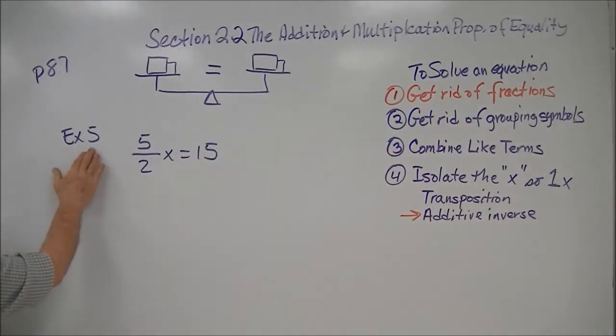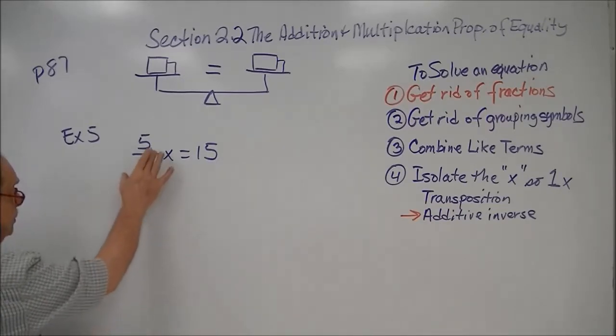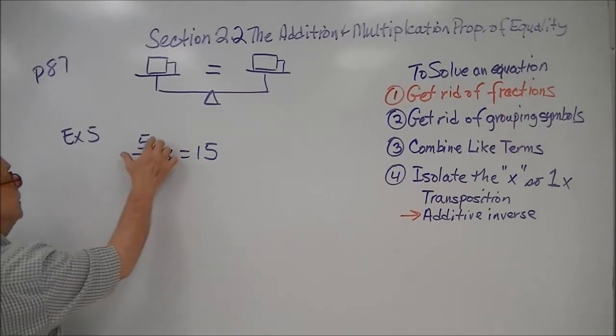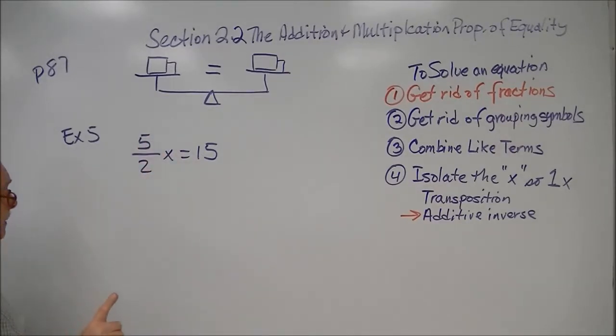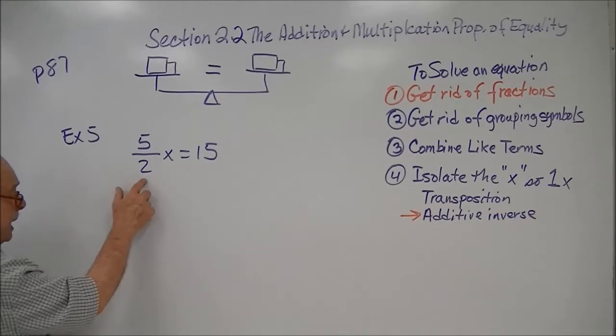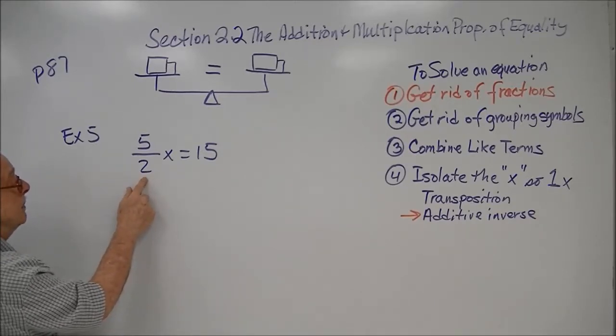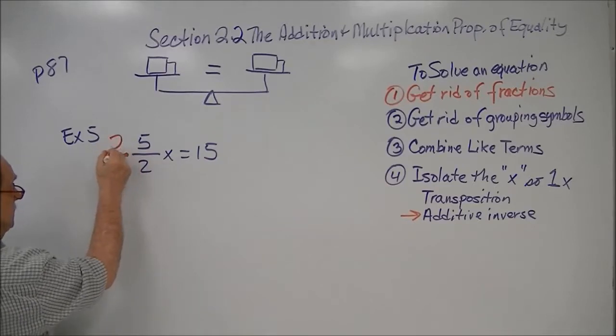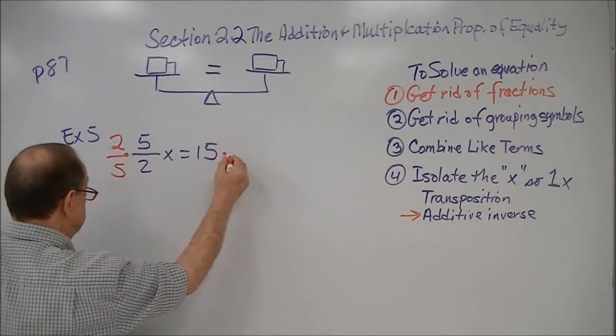So as we see in example 5 now, we have a fraction. And this is the simplest type, in which you have a fraction next to the letter x, the variable, and just a term on the other side. Now here we're going to pull into our repertoire of things. How do we get 5/2 to be a 1? And you think back just a little bit, the multiplicative inverse, that is the reciprocal of that number. If we multiply this number by its reciprocal, and we have to do that to the other side too,